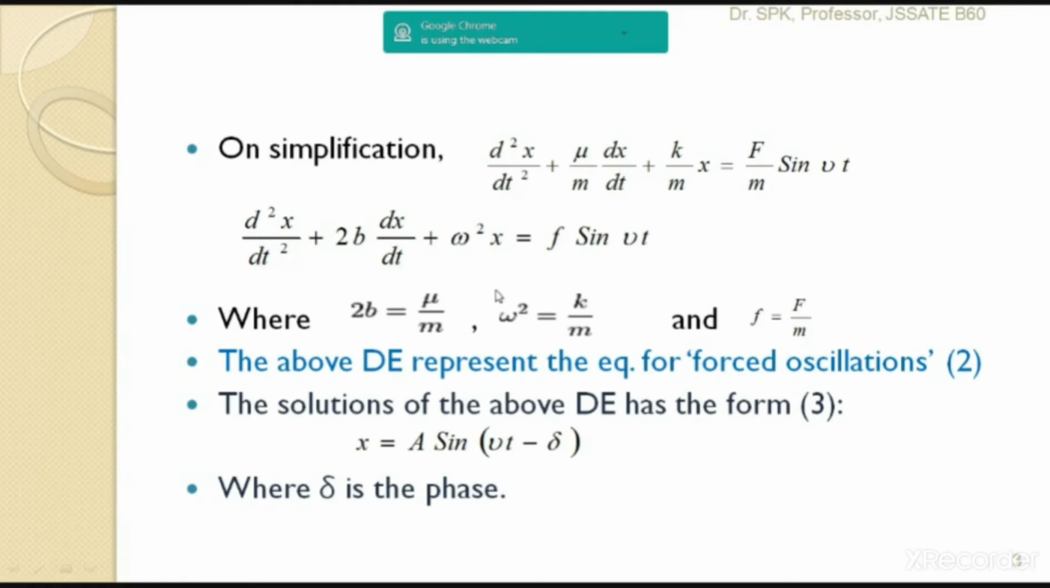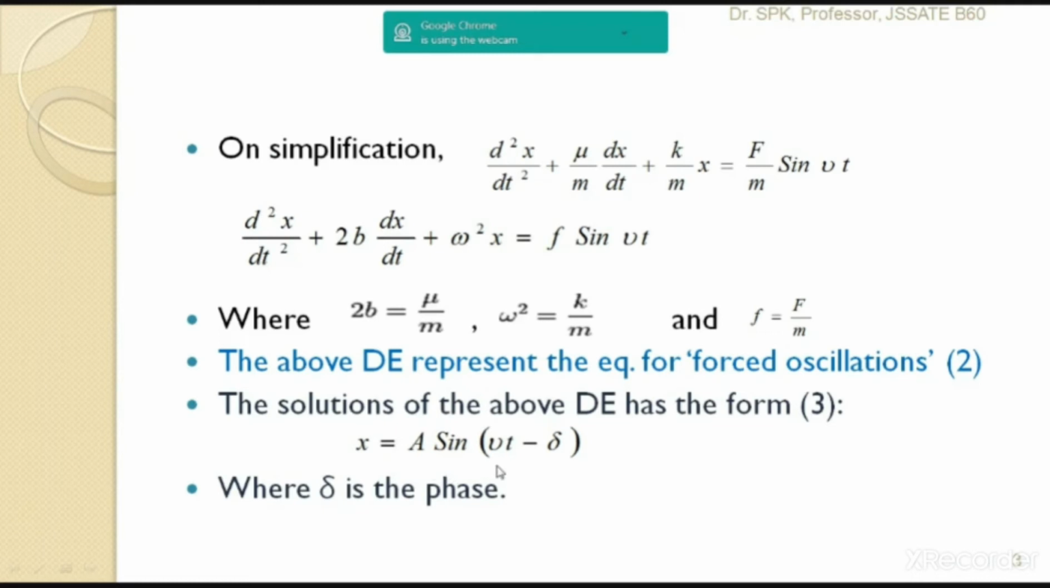Again, this is the differential equation: d square x by dt square plus 2b dx by dt plus omega square x is equal to f sine of mu t. This is the differential equation for the forced oscillations. Now, the solutions of such a forced second order differential equation with the right hand side f sine of mu t, from mathematics, the general solution can be given as